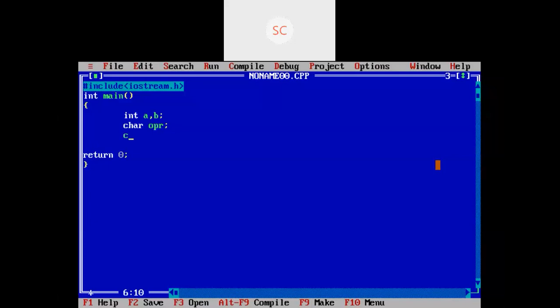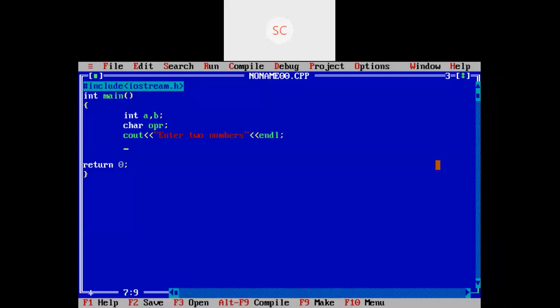Here I am just asking the user to enter two numbers and one operator. Enter two numbers. If the user enters this, you need to write it within double quotes, because this is a string, right? Then an endl statement.